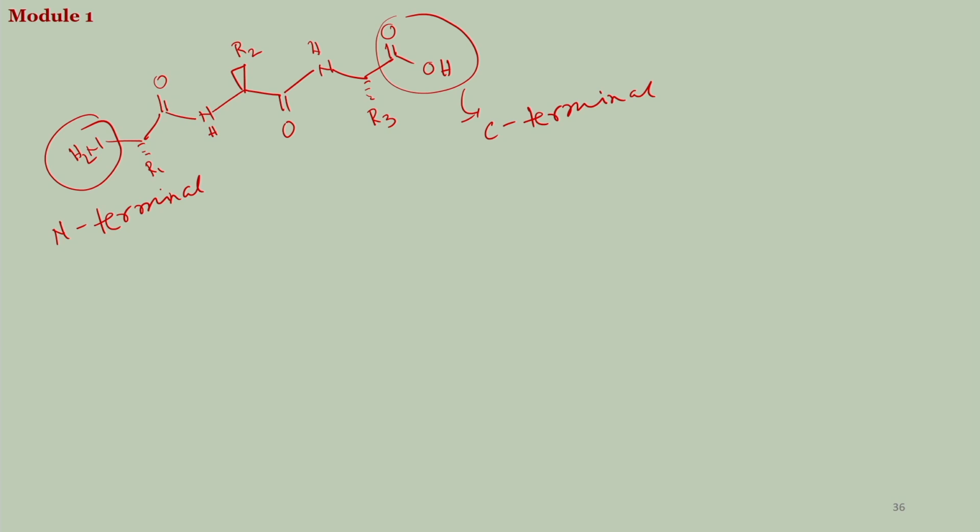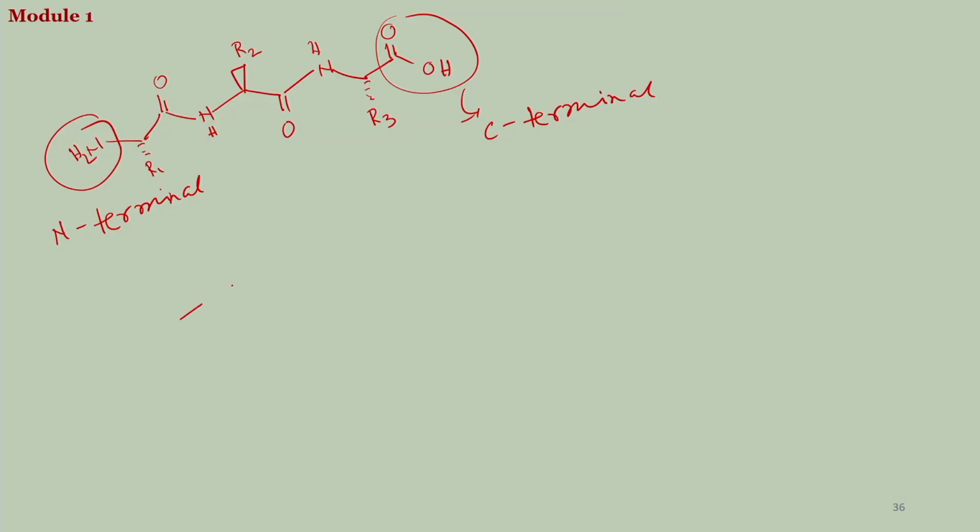So, before going to the whole protein structures, I will come back again to the amino acids. There is a property of amino acids which you already know, that I will just briefly discuss. I am not writing the stereochemistry now. R, COOH. This is the structure of an amino acid, and as I have mentioned, it has a basic group which is the amine functional group, and it has the acid group,